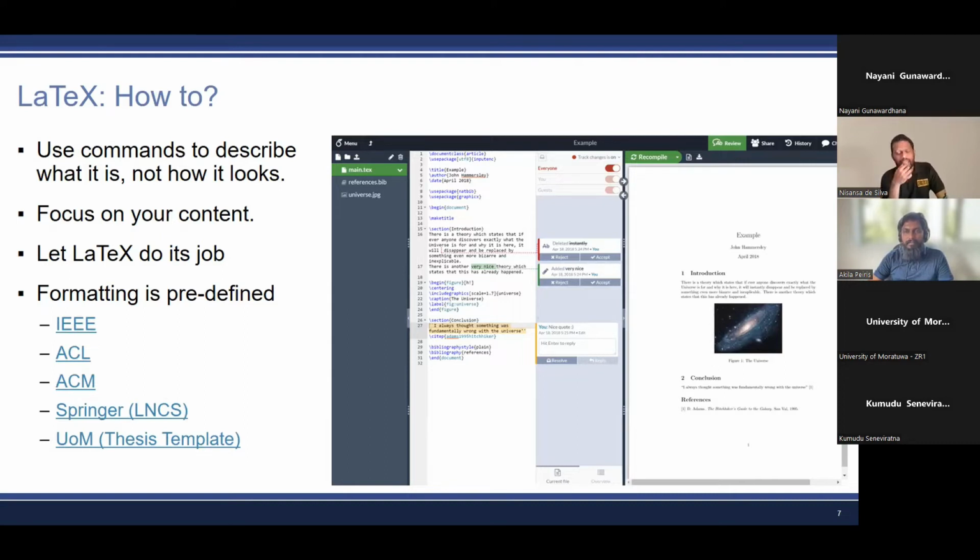But if you are making an academic document, then you have to do various other stuff. You need to give it a caption, you need to place it in such a way, then you have to refer to it in your body. So all of these are rather hard if you are just using a word processor where you drag and drop and refer back and forth in the actual text. But in LaTeX, as we demonstrate later in our demo, all of those are simple commands that you can give the system.